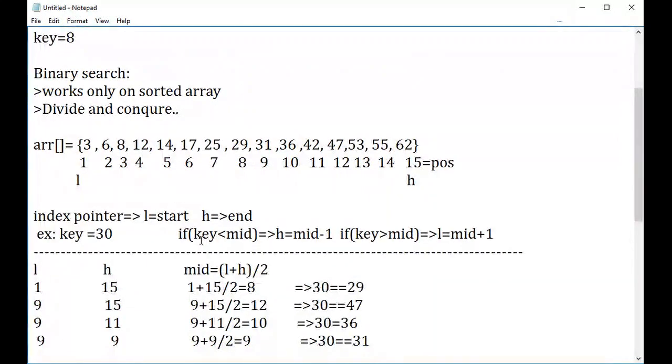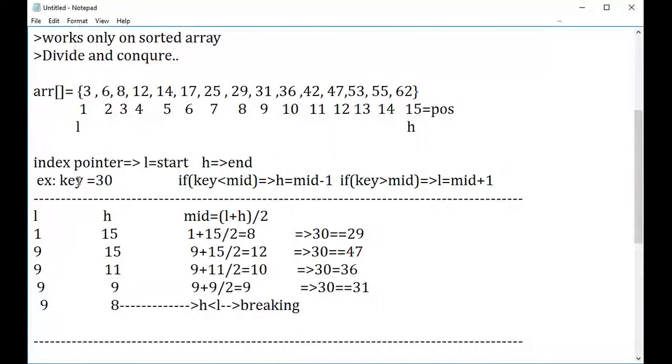Okay. So you can look at here how many comparisons are required. If you want to find an element that is not there, in case of linear search, it will take n comparisons. But here you can notice that 1, 2, 3, 4, 5. Within 5 comparisons, I am able to come to the conclusion that the element is not there.